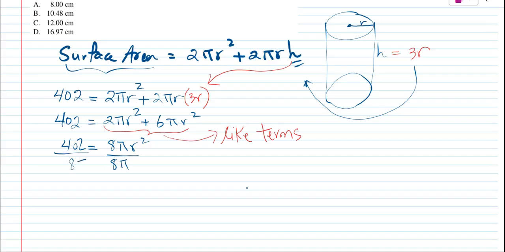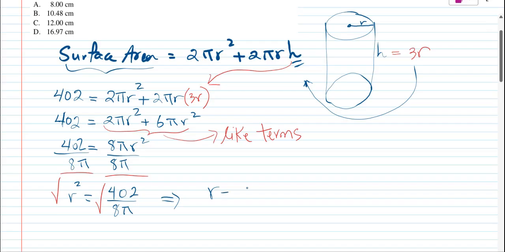So r squared equals 402 divided by 8 pi. We need r, we don't need r squared, so you guessed it, we take the square root of both sides. And when you do this, you will get